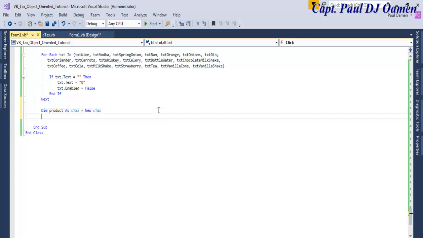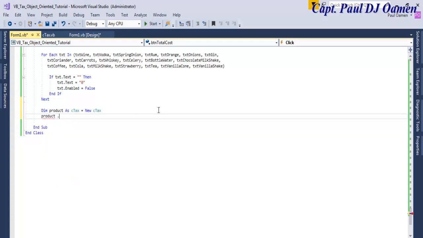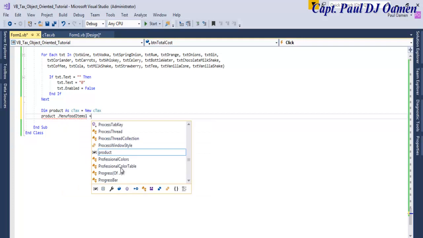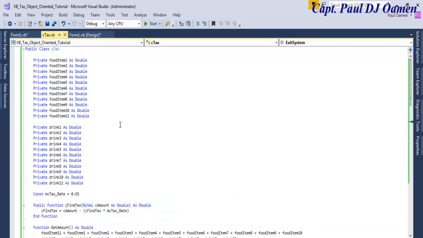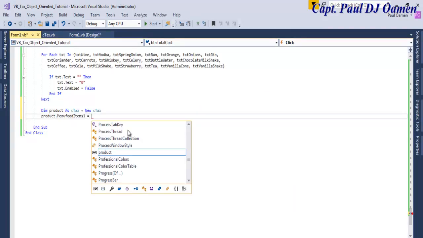Now the next thing I want to do is I will now call object product dot each of those items. Look at them, they're all here. Okay, and give them a value. So let's start with that of menu food first. Okay, if you guys can still recall, it's right in here. These are the variables that I'm calling now. Okay, so equals, let's go for